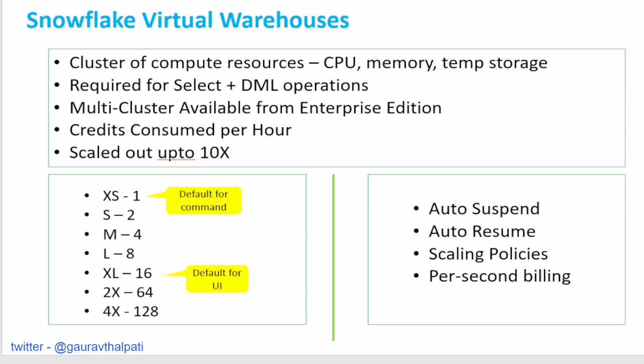Third is the scaling policies, which we touched upon briefly. If you are running a multi-cluster warehouse, you can define a scaling policy. Now, there are two types of scaling policies. Let's not get into a lot of details, but just remember that if you're looking for a performance optimized kind of a scaling policy, okay, it is available. And if you're looking for a cost optimized scaling policy, even that is available. So what's the difference in performance optimized? The core focus would be on having a better performance. So if five clusters are available, right, it will look at the load and it will start those all five clusters as per the load.